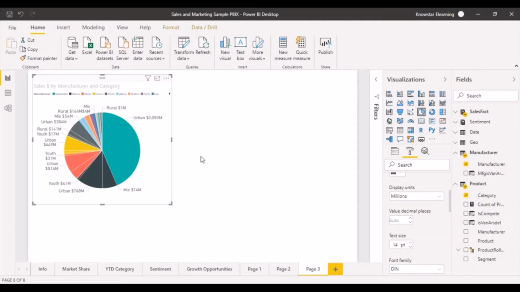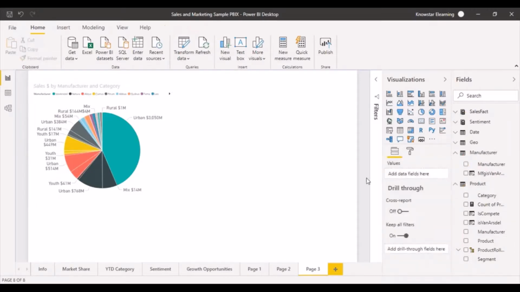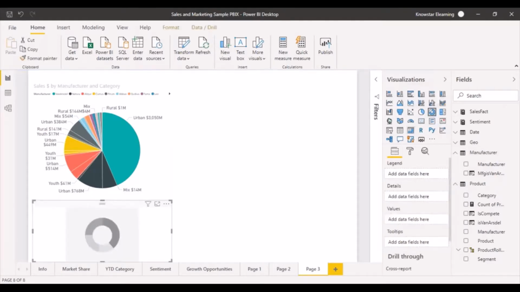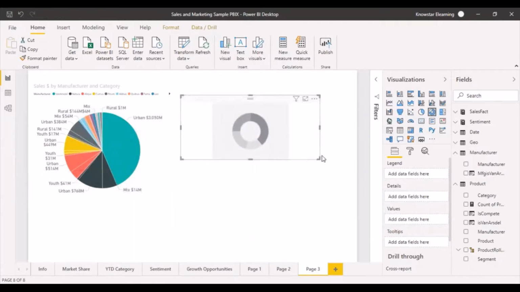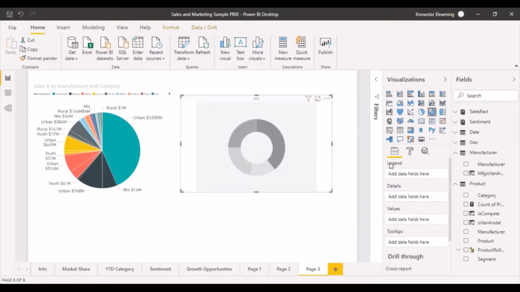All right. So this is one of the other options apart from the bar charts and the column charts. One other option is going to be your donut chart. So if you just click on it, this is where you have a donut chart. It also gives you the same kind of information. The only difference over here is the look of it; you can see these are the same options.